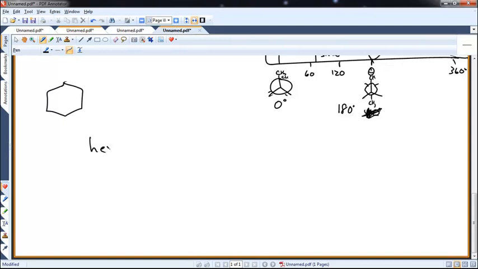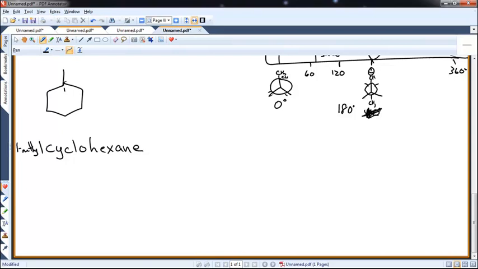That will be hex. It's all carbons and hydrogens, so that would be ane. But it's in a ring structure, so I attach the prefix cyclo. Right, so cyclohexane would look like this. If I had a substituent attached, like that, then I say, well, what do I have? At the 1 position, I have a methyl, so I have 1